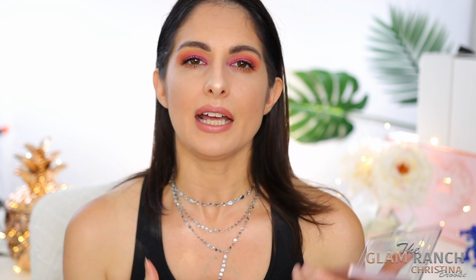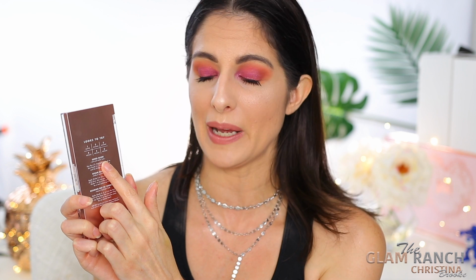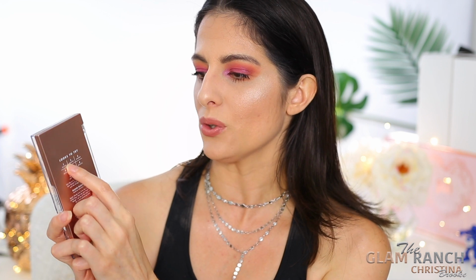Elf does kind of explain how they think that you should wear these highlighters. It does tell you the application method here on the back. It says looks to try, and it's telling you how you can wear this highlighter palette. Obviously, guys, I have a way that I like to wear my highlighters, so I'm trying it the way I would like to wear it. But it does give you the 1, 2, 3, 4, 5, and 6, kind of like Charlotte Tilbury-esque type of